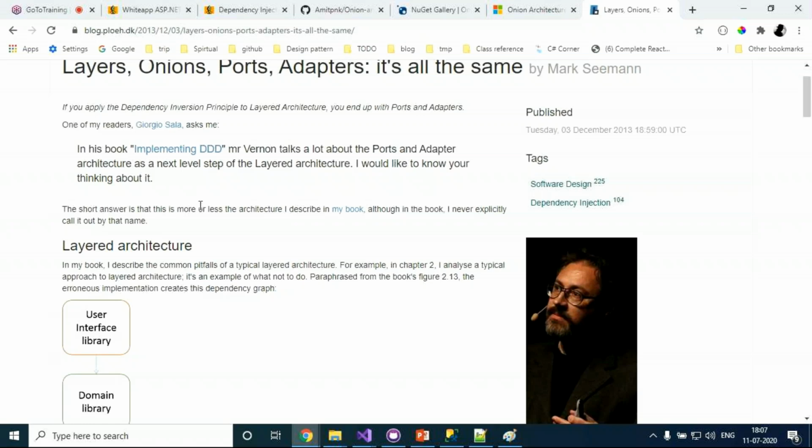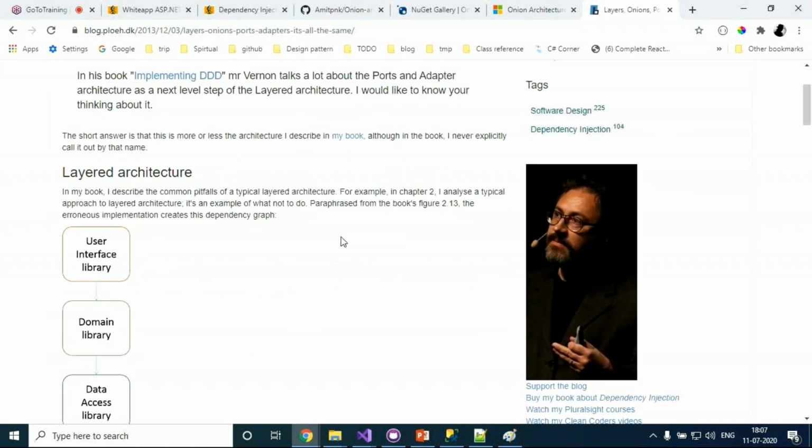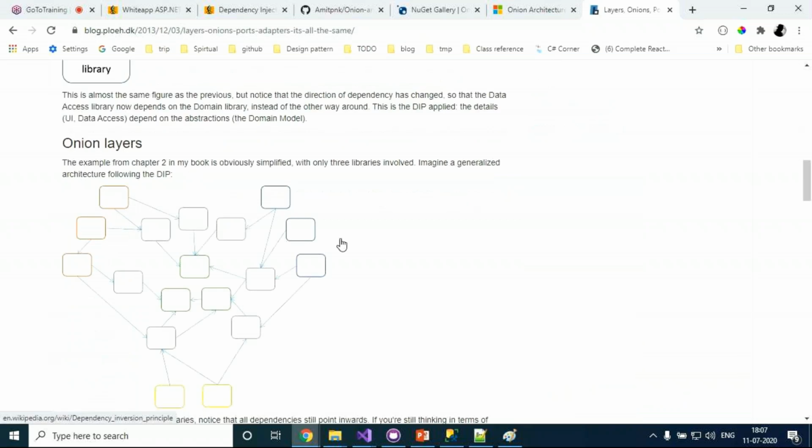And when you say onion architecture, people say oh, onion architecture. So all these layers are one and the same. This is what he is saying. I will share this link in the PPT, so you can go through it also.